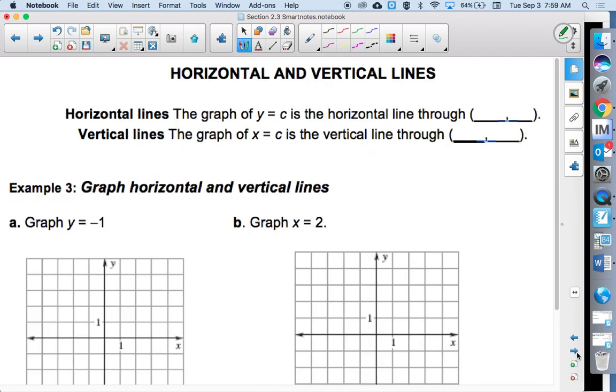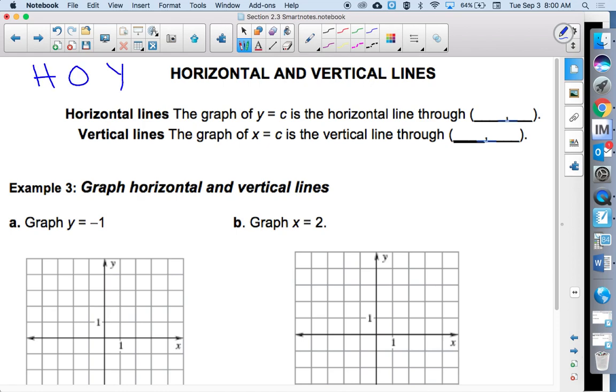If you flip to the last page of the section, it talks about horizontal and vertical lines. While we can have lines that increase and decrease, meaning our slope is positive if it increases and negative if it decreases, we can also have lines that are just horizontal or vertical. A horizontal line, it says, the graph of y equals c is a horizontal line. And when you have a horizontal line,